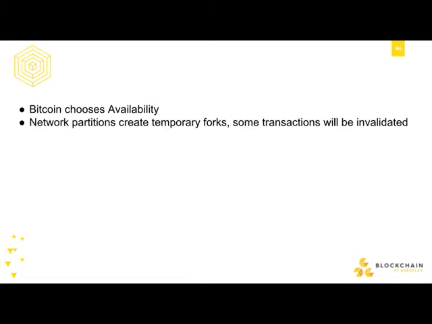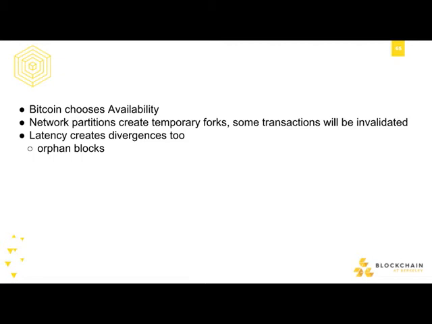So yeah, network partitions can create forks. If you can't communicate, you can't decide which is the longest chain, and two chains can just keep going by themselves. And latency also does this. This is why there are orphan blocks on Bitcoin: if you mine a block and someone else mines a block a tiny little bit later, you mine the block and you publish it, but it doesn't get to them before they mine a block. And so they don't know that a chain already exists, and so they make a fork, and maybe it's only one block of a fork, but it's still a fork.